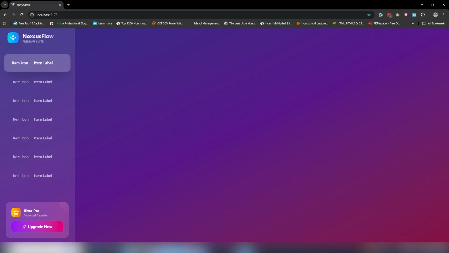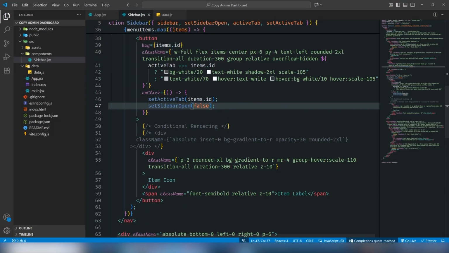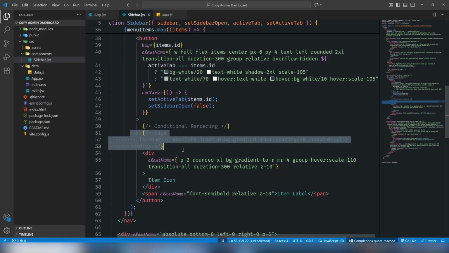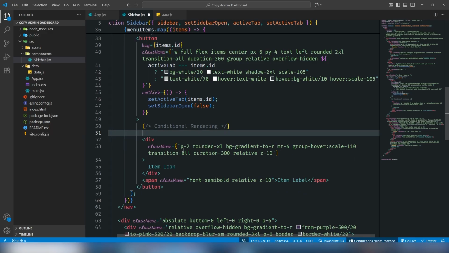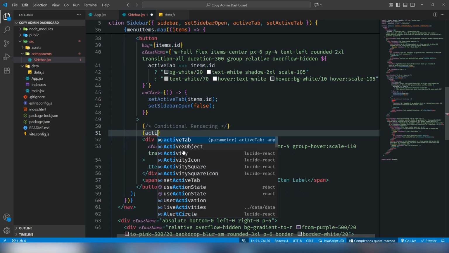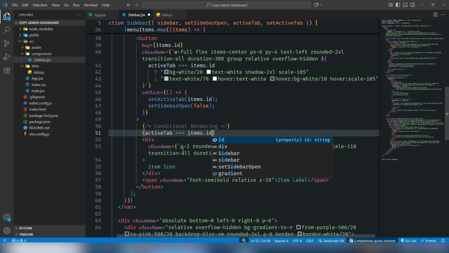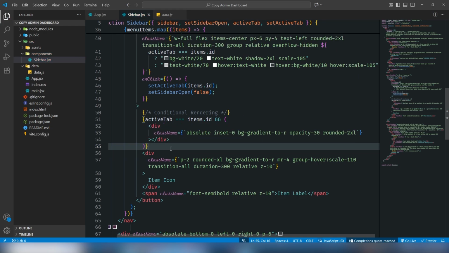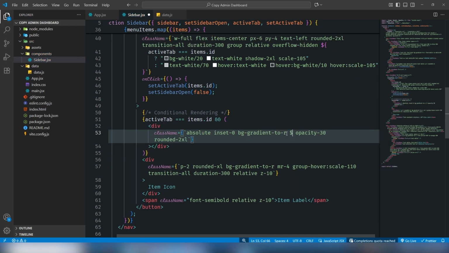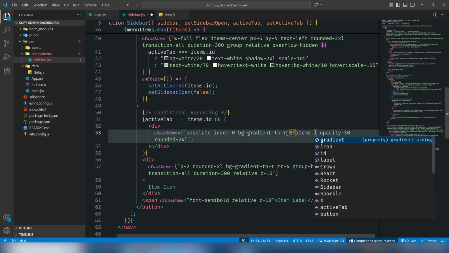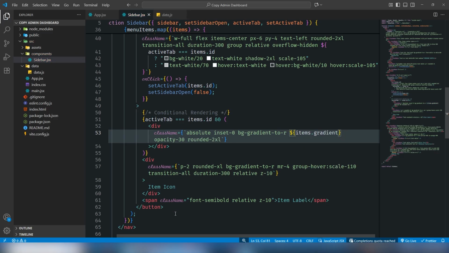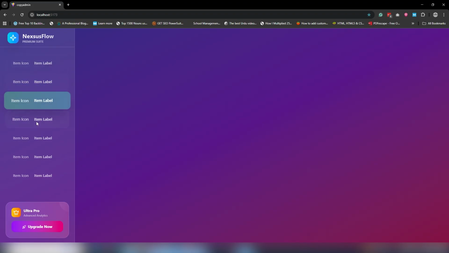Right, let's move on, and we're going to work on the, okay, here's a conditional rendering, so I'm going to uncomment it, cut that, and just use activeTab is equal to item.id and display this content. Okay, also I'll use on there item.gradient color. So as you can see,